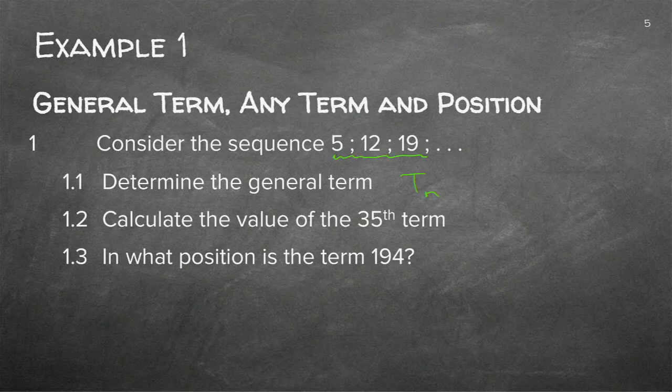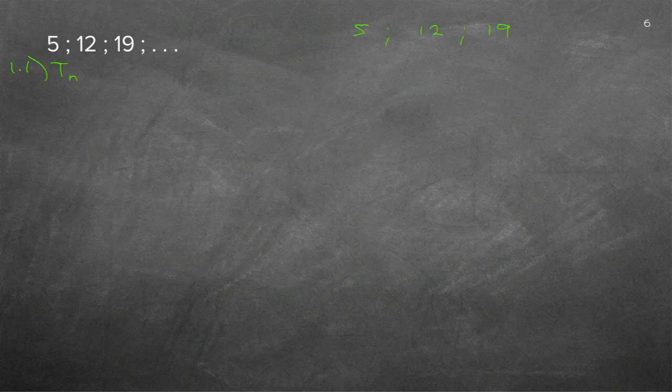Consider this week's sequence. They did not tell you if it's quadratic or arithmetic or what it is, so I would not know if I don't test it. So how do we test it? Always right-hand side minus left-hand side. 12 minus 5 is 7. Right-hand side minus left-hand side, 19 minus 12 is 7. Therefore I can see my first differences are the same. That means I've got an arithmetic sequence.